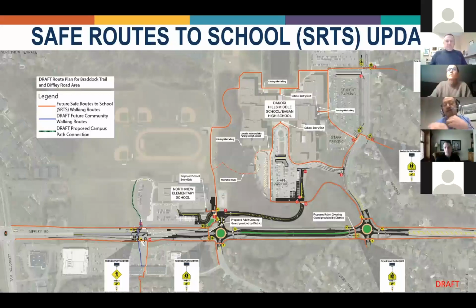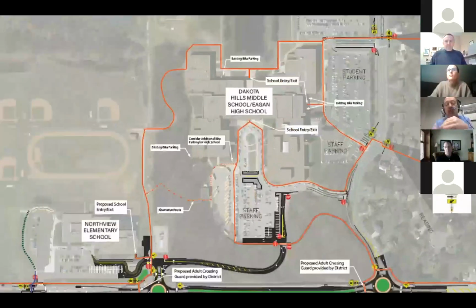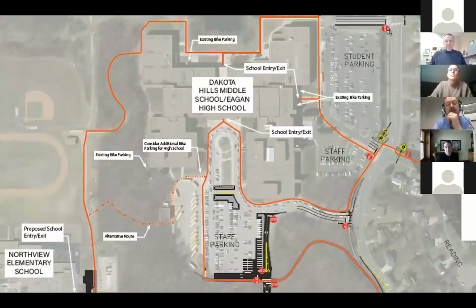For buses as well, because our special needs buses actually drop off at the northwest or the southwest corner of Egan High School building, right? When that first curve into the start of the horseshoe, that's where our special needs buses drop off. They don't drop off in the bus corral. That's correct. That access point, the existing access to the south parking lot at Braddock Trail will remain open. That will continue to allow buses to go between the East High School parking lot and the South Dakota